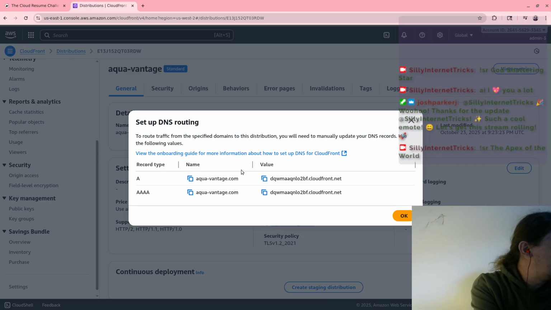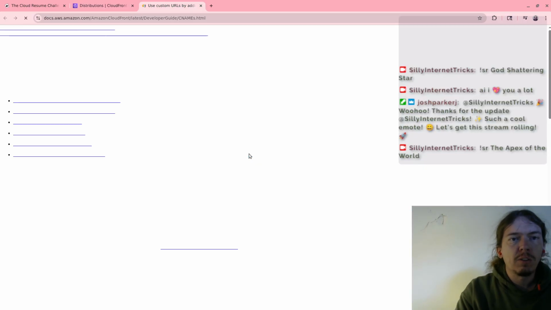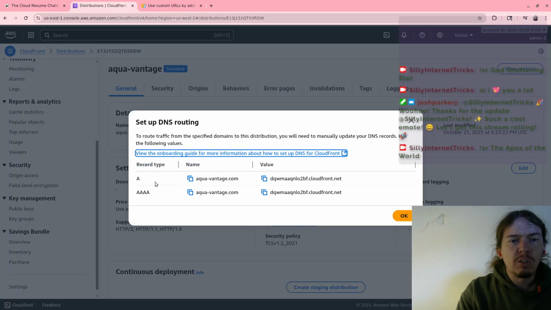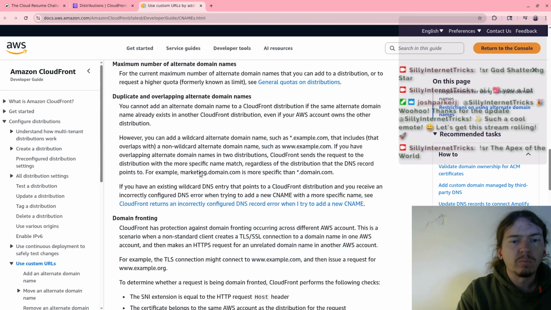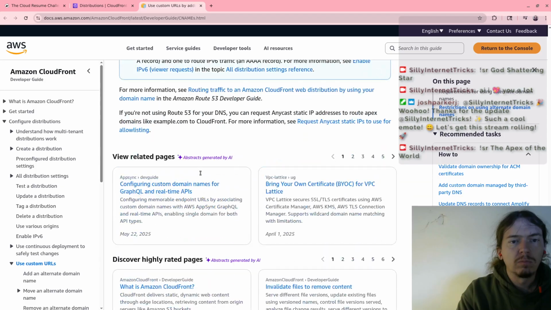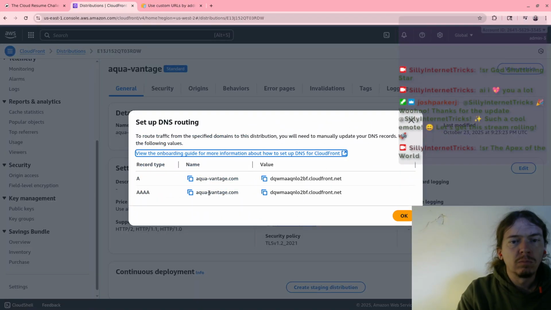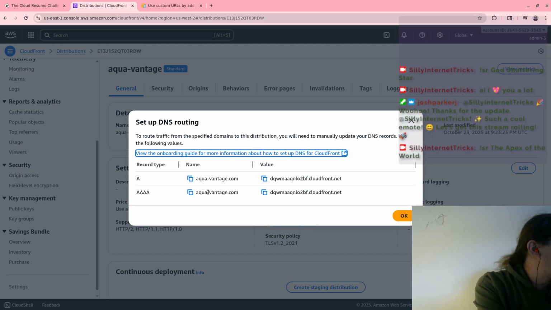Do we set it as alias instead? Let's look at a little hint here. It says using a C name, but this says use an A record, right? Alias to CloudFront distribution.